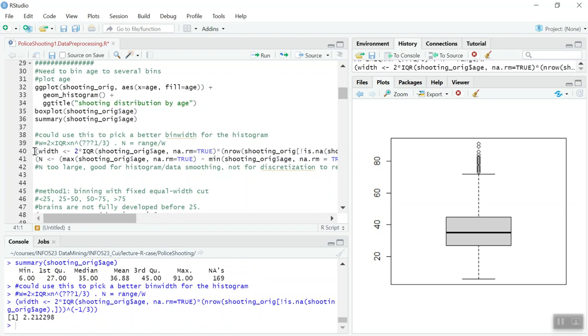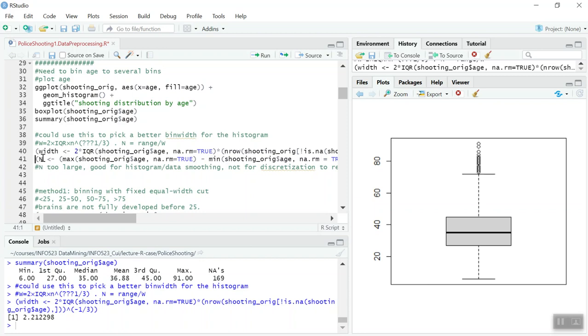So I use parentheses around width. When the value is assigned to width, but we used parentheses, then the value will be displayed right here in the output, so it's easier for us to see. Using this heuristic, we got this width, and then